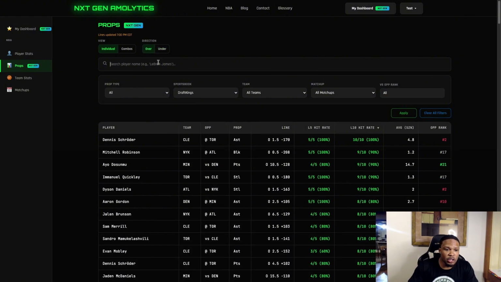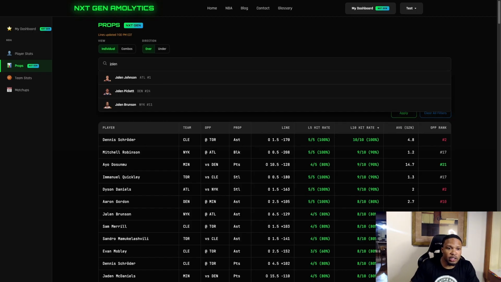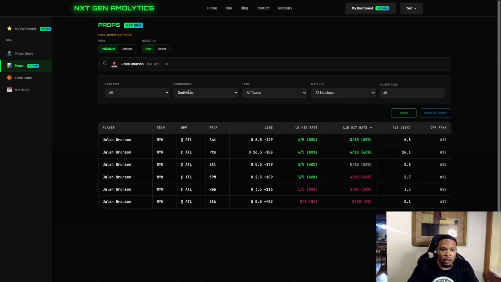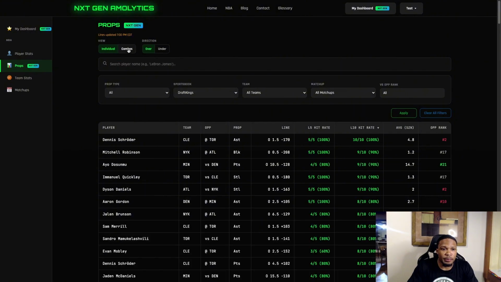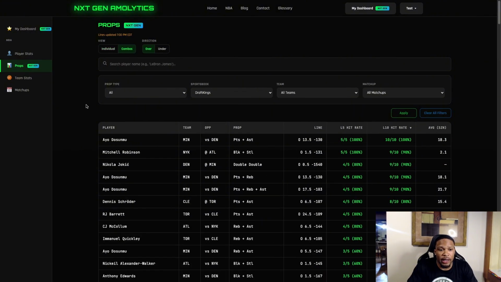And say, for instance, you want to look at a specific player. So say, for instance, Jalen Brunson. Now I only see Jalen Brunson's props on this table. So now let's go to the combos tab, in which you can see the combo props such as